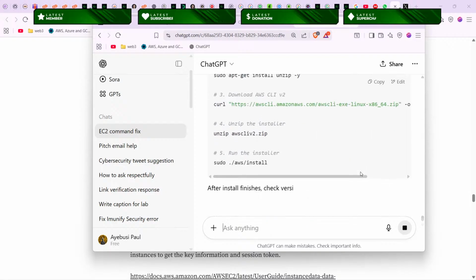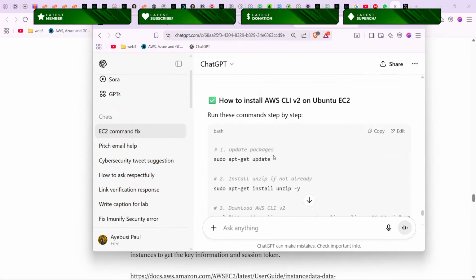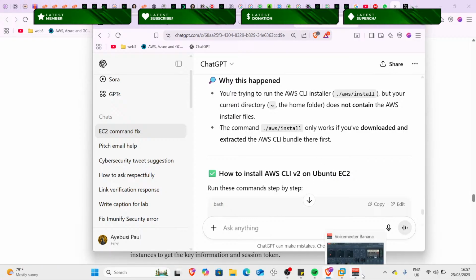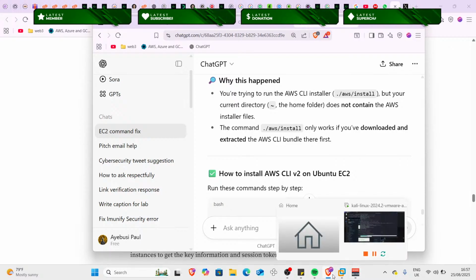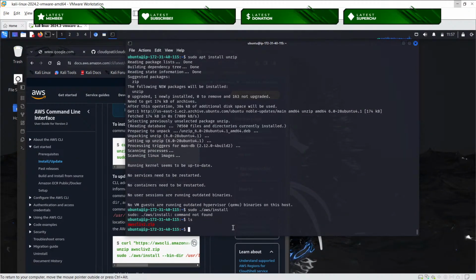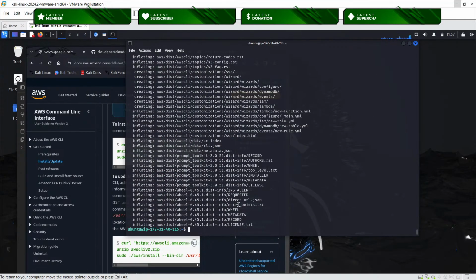But then I have it installed. What did the guy say? If you've downloaded, then extract. Yeah, now I've downloaded and I've extracted it. Here's my machine. Okay, yeah, unzip the AWS zip. Okay, I think that was the mistake I made. I didn't unzip. So let me try